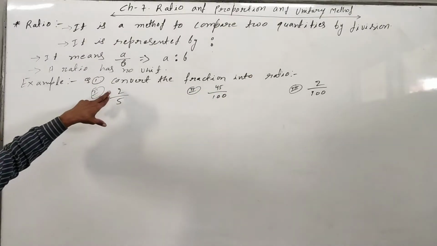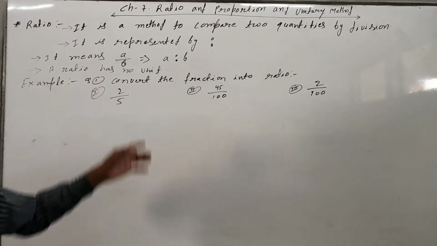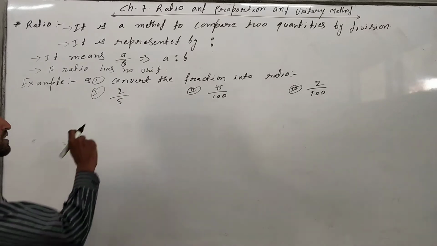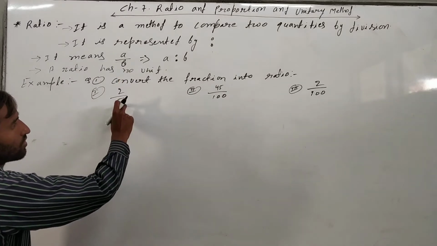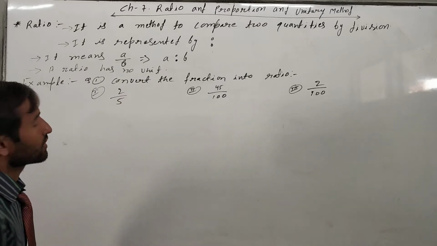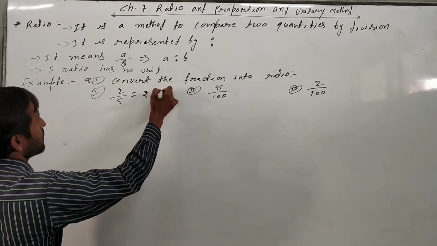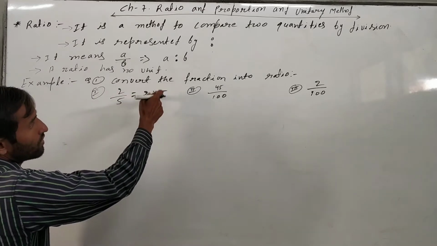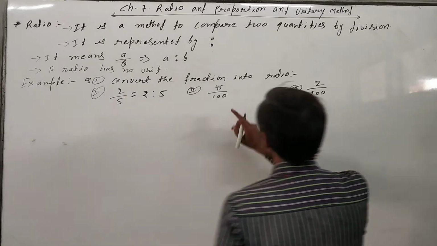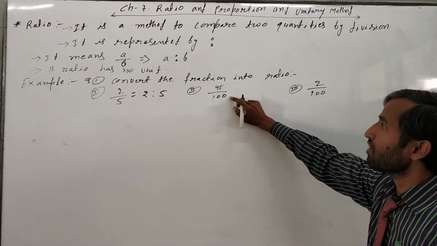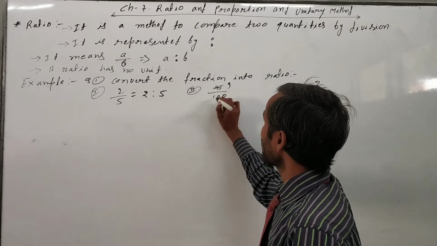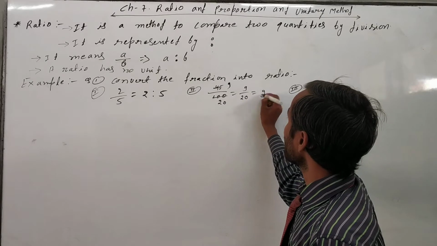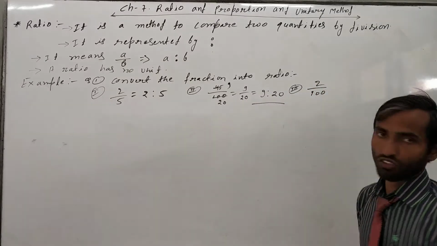So this is a fraction, or you can say a rational number, and we have to convert this fraction into ratio. Is there any cancellation? If it cannot be cancelled, then we write it like this, 2:5. So this is the ratio. In place of upon, we just write the colon. Now in the second part, is there any cancellation? We can cancel out here. 5 nines are 45 and 5 fours are 20, so it will come 9 upon 20. So we can write here 9:20. This is the ratio.